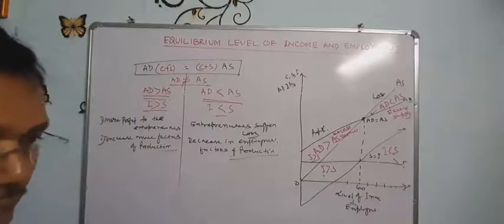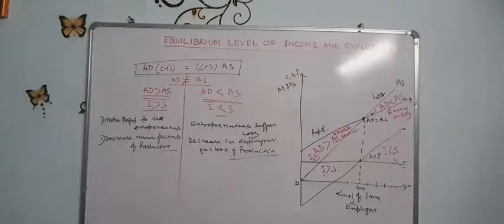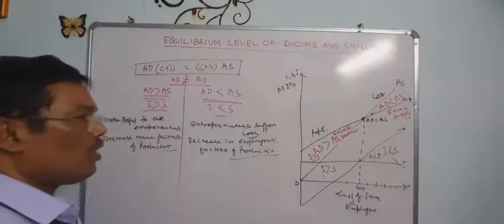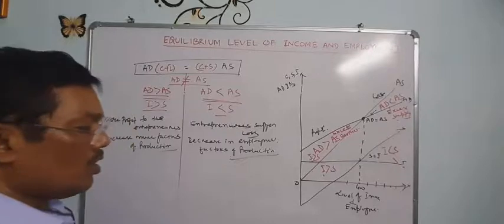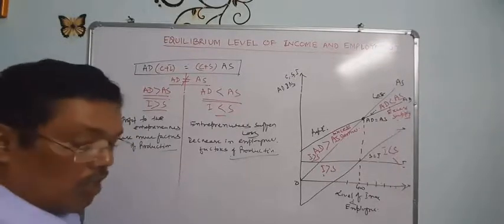The entrepreneur will try to employ fewer and fewer factors of production, because when demand is less in the market, if the producer produces maximum output, supply will be more and there is no use of this excess production. So the producer will need to reduce his production. That is why he will employ fewer and fewer factors of production.